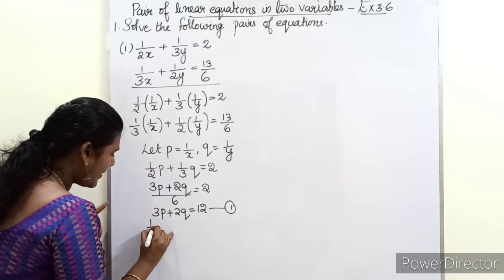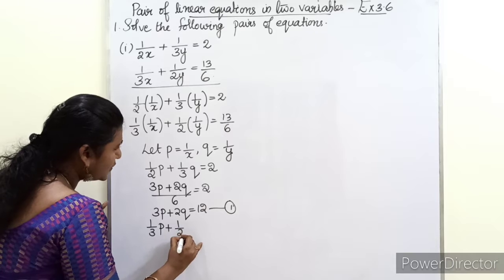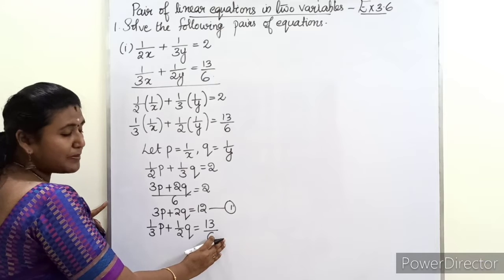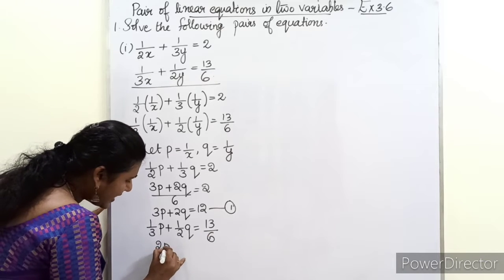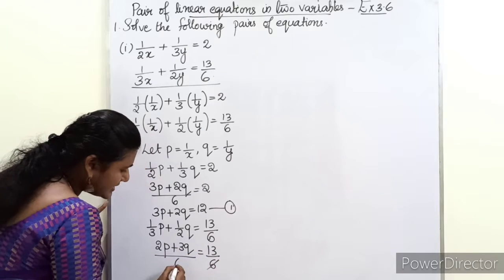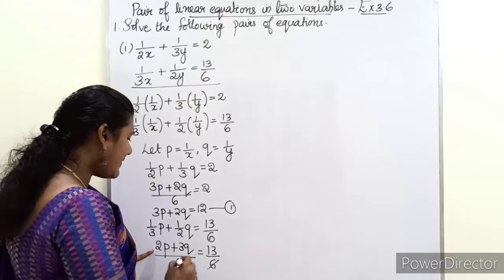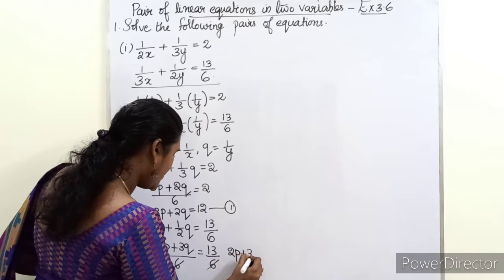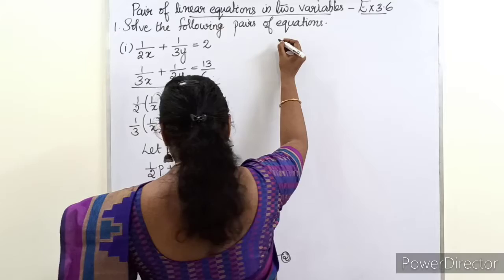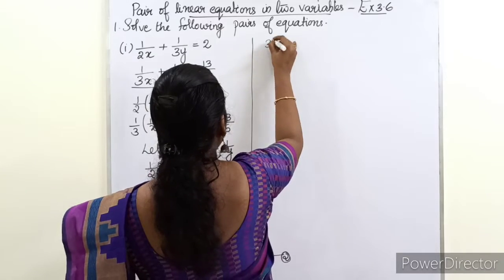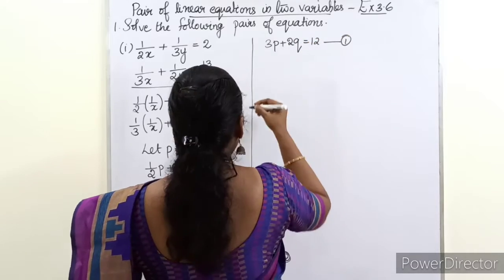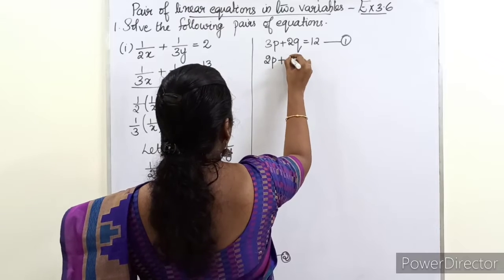Okay, the second equation: 1 by 3p plus 1 by 2q is equal to 13 by 6. Here also we will multiply the equation by 6. So we get (2p plus 3q) divided by 6 is equal to 13 by 6. This 6 and 6 will get cancelled and you will get 2p plus 3q is equal to 13. So this is our second equation. We will write the two equations now. First equation is 3p plus 2q is equal to 12 and the second equation is 2p plus 3q is equal